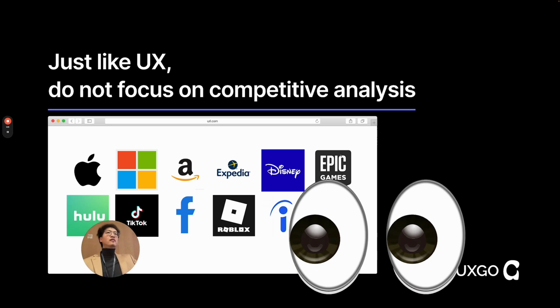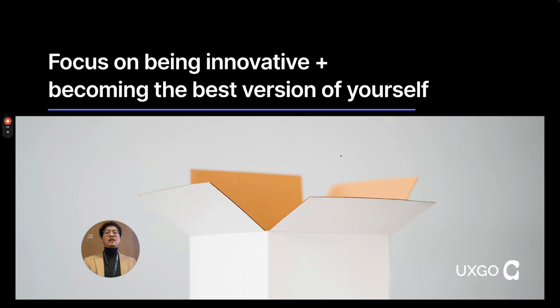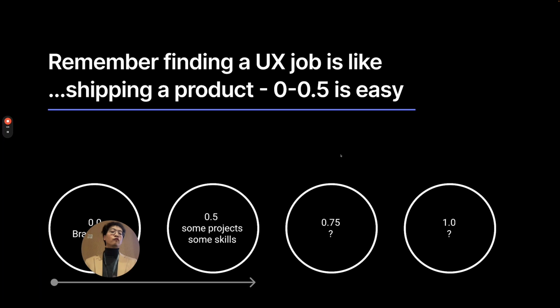This can be with LinkedIn, this can be with your peers, this can be with anything. What I mean by this is if you want to do a good product, your professors probably have taught you that you can't start by copying someone else's product, right? You can't start your design by emphasizing, I'm just going to be the next so-and-so company. You need to be innovative. You need to be original. So think of yourself and your hiring process like designing a product. That means try to be innovative and only focus on becoming the best version of yourself. So your journey won't be the same as any of ours. There'll be parallels, but you are your own version, right?